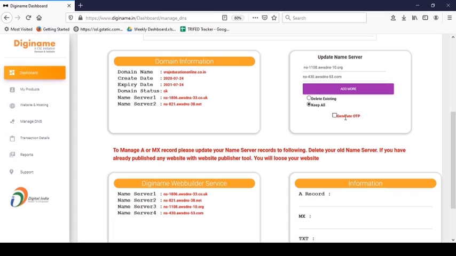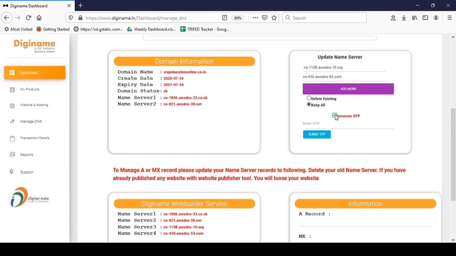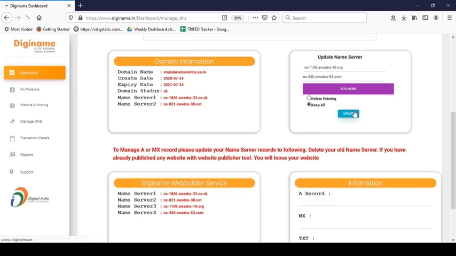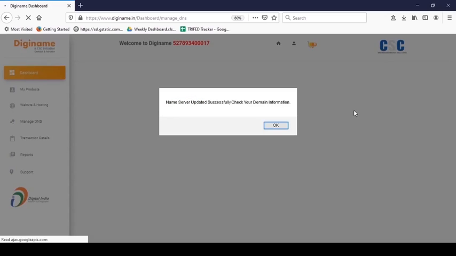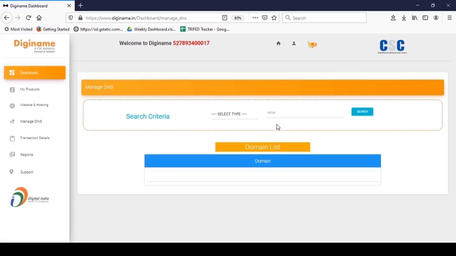Now we will click on generate OTP. Enter your OTP here and click on submit OTP and then update. The name servers are updated successfully.